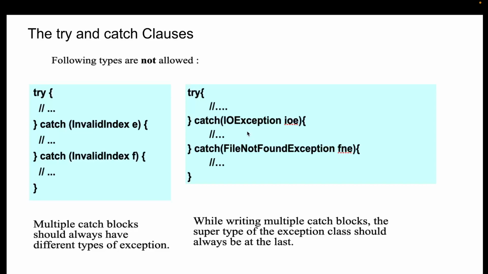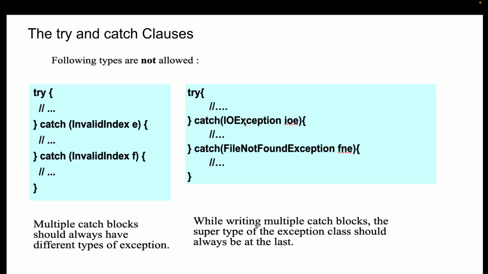File not found exception is a child class of IO exception. So child class exception blocks must be placed first, and then the parent class exceptions must be placed. IO exception is a parent of file not found exception, and that is why if you mention the parent class exception first and the child class exception after, you will get an